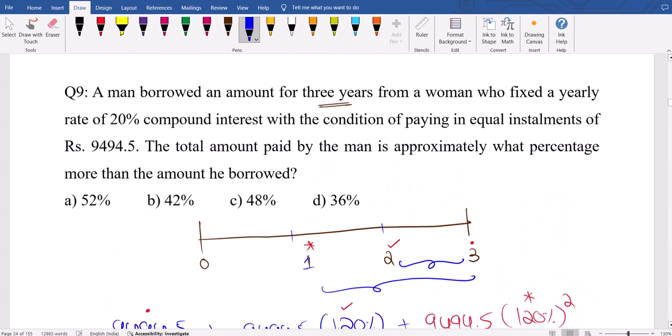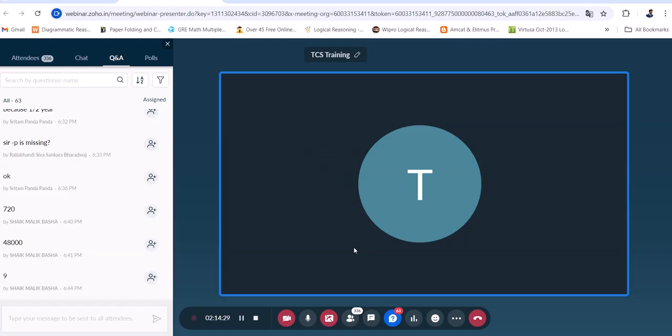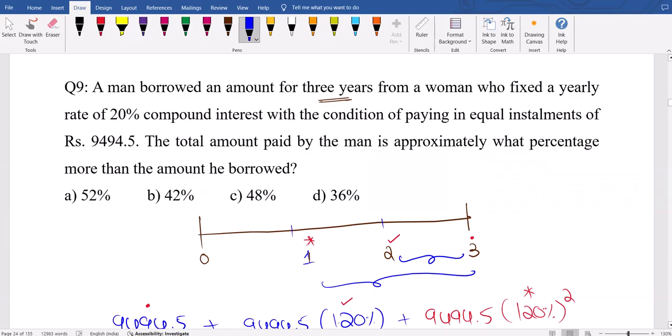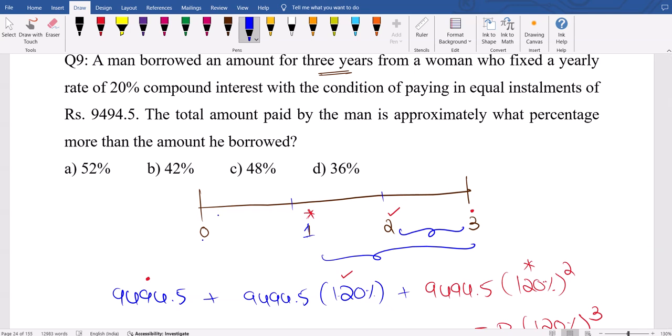Let me check again. Installment concept, but the installment concept is this. First year, if you paid something, that is with them for a certain amount of time. After 1 year you paid something, after second year you paid something, after third year you paid something. The last one, as it is second year one, is with them for 1 year. They can collect 20% interest. Third one, first year paid, is with them for 2 years, so 120% also. But this is actually a concept related to